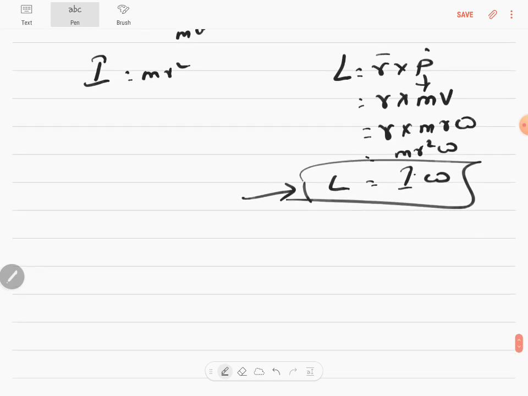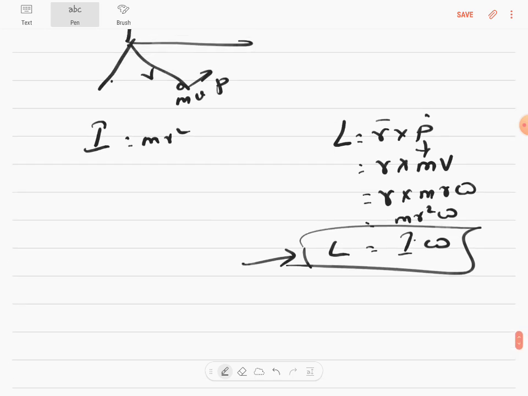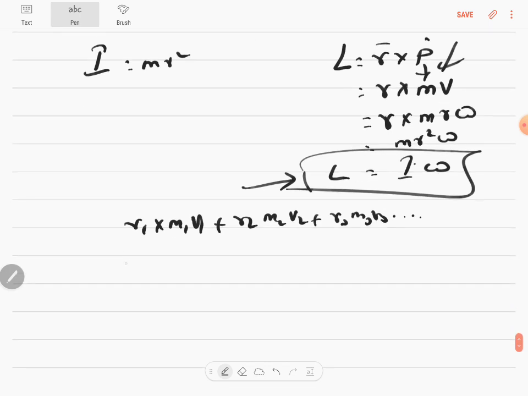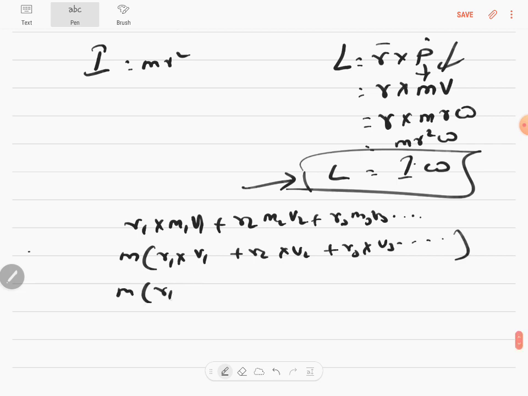But this same thing they've asked for n number of particles. So if it's n number of particles, you just have to write this as r1 cross m1 v1 plus r2 cross m2 v2 plus r3 cross m3 v3 and so on. And then considering that m1 is equal to m2 is equal to m3, you can take m out. It's r1 cross v1 plus r2 cross v2 plus r3 cross v3 and so on. And you know, linear velocity is r times angular velocity. So r1 times angular velocity, plus r2